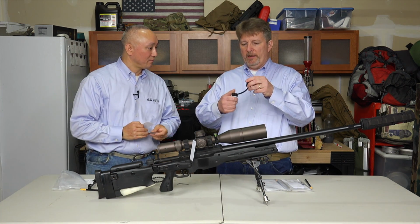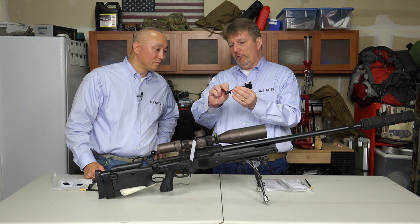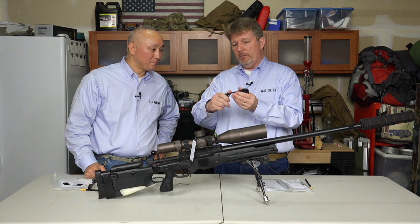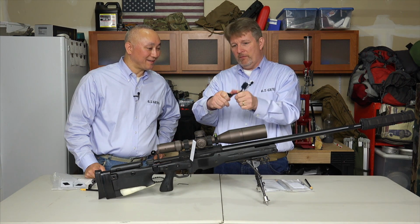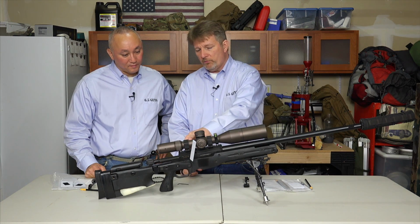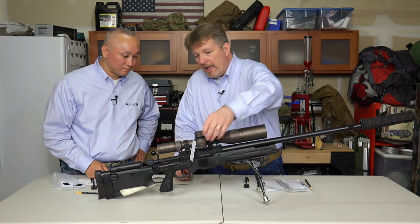And one notable item is they have two versions of the data card holder. One is a little thicker here for folks with higher clearance scopes. But the benefit is you've got a much thicker piece of bendable material. Oh, it seems very robust. Yeah. But my scope is on 1-inch rings, and so they actually have a low clearance version, and